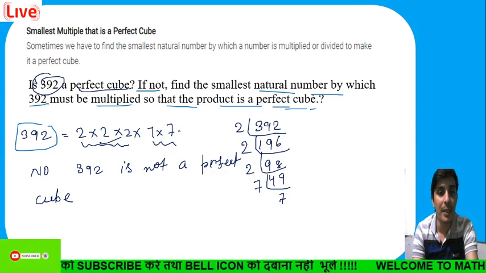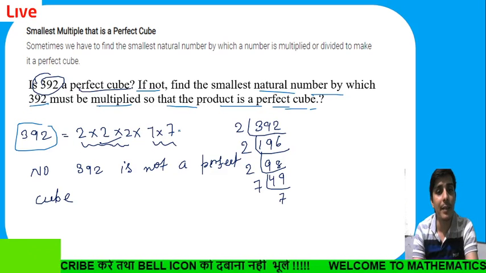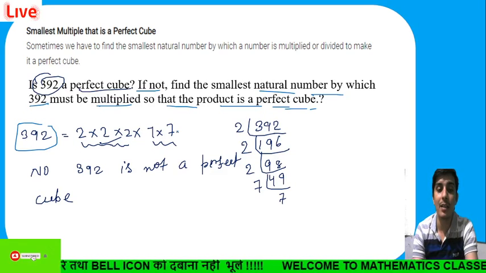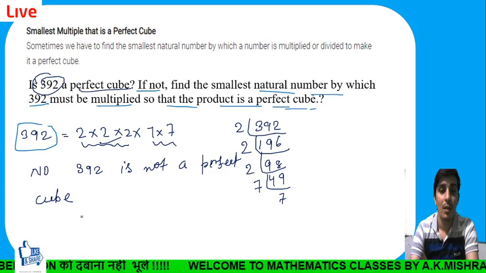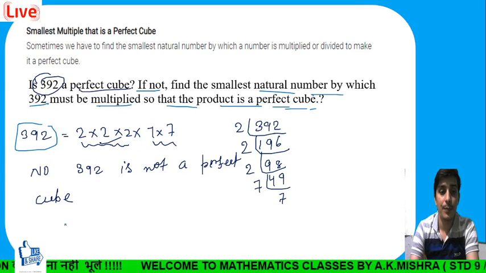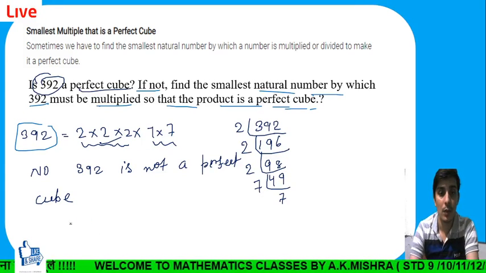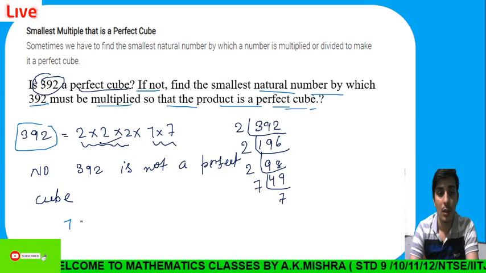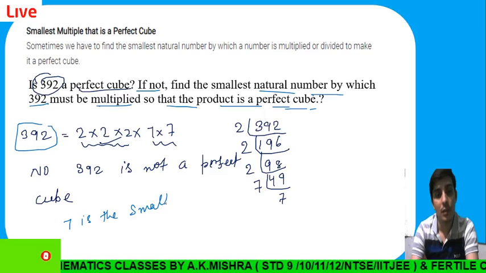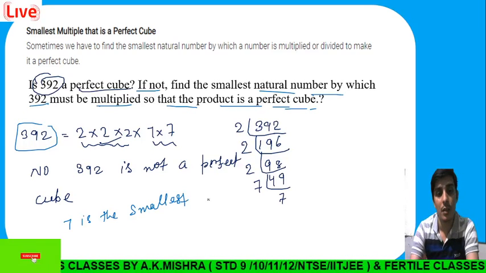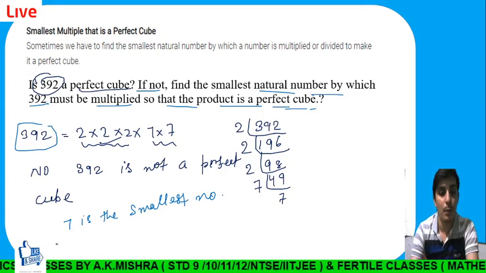By multiplying by 7. So after multiplying by 7, we can say that it will become a perfect cube, guys. So we can say that 7 is the smallest number,